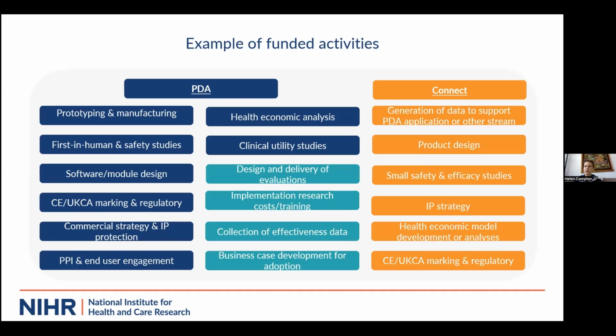And this is an example of the kinds of activities that we support through the program. Under the Product Development Award, anything in darker blue probably goes from TRL 4 to TRL 7, up to supporting anything that you would need to do to get your regulatory dossier together to go to MHRA. So it could include software module design, first in human safety studies, prototyping and manufacturing, your commercial strategy and your IP protection. Obviously, we need PPI and end user engagement because that's a requirement for us. The health economic analysis, which is required for all of our projects, and whether you need to do clinical utility